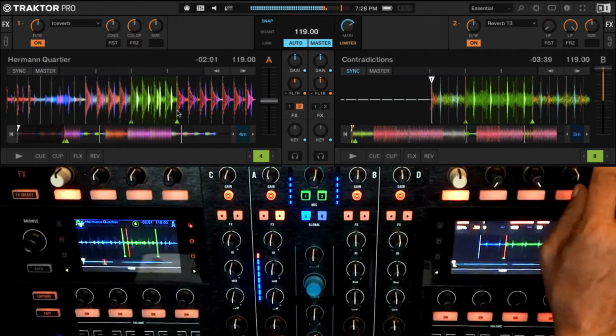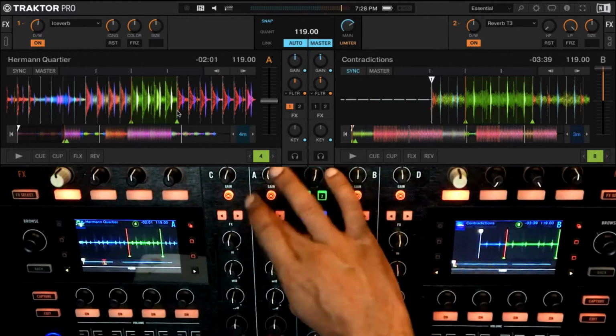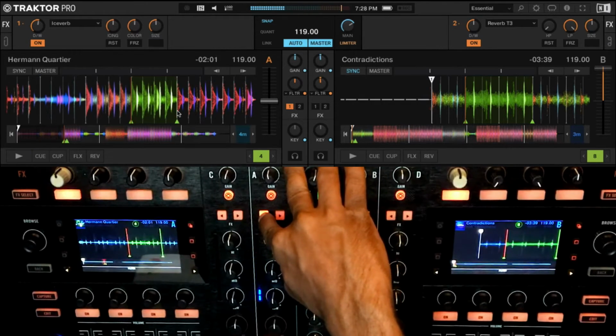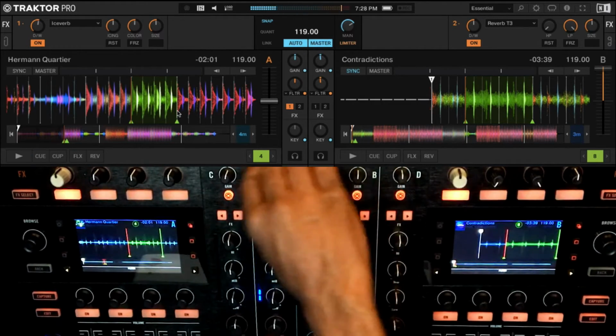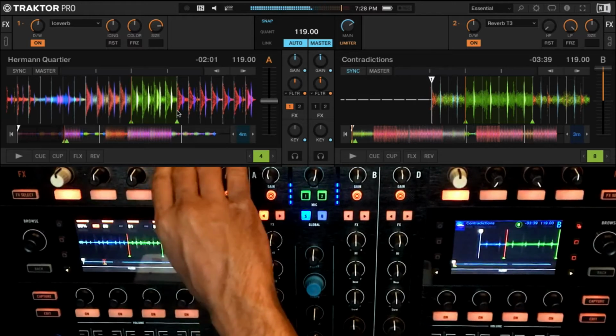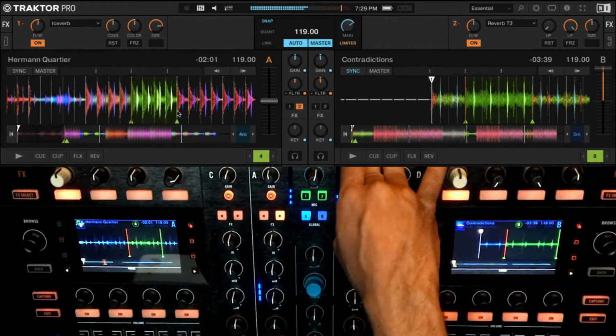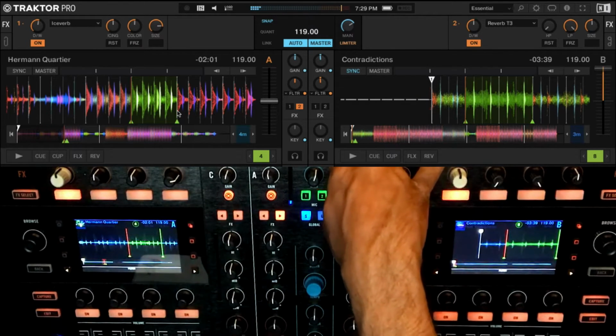Okay, now we'll compare it with the Iceverb, sort of very gentle. Even if I crank up the size compared to this, this is a studio quality reverb.